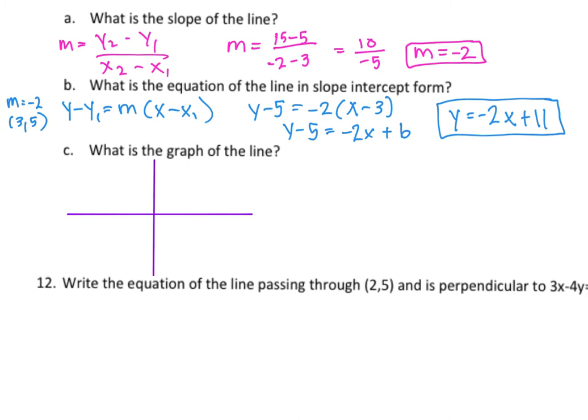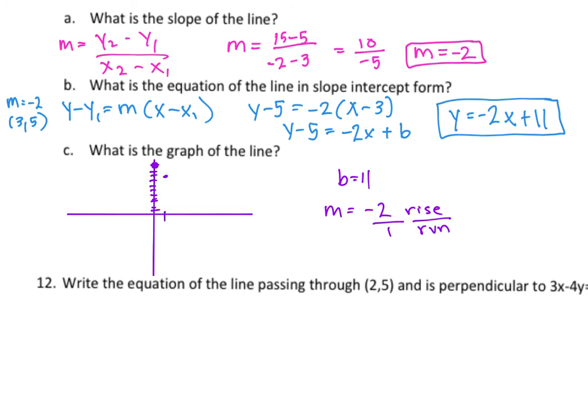The last thing that we want to do with this equation of the line is graph it. So I am going to first find my y-intercept, which is 11. So I'm going to go up to here to 11. 1, 2, 3, 4, 5, 6, 7, 8, 9, 10, 11. And that's my starting point. That's my y-intercept. And then my slope is -2, which means that we rise -2, run 1. Maybe rise isn't the best word because we're rising. We're actually falling though because it's negative. So we're going to go down 2,